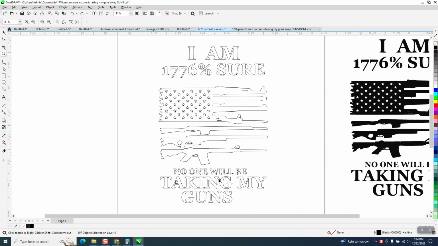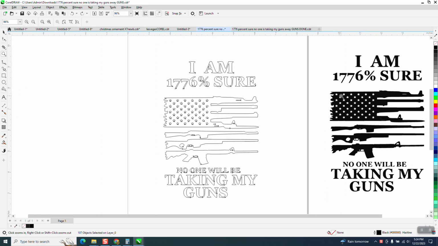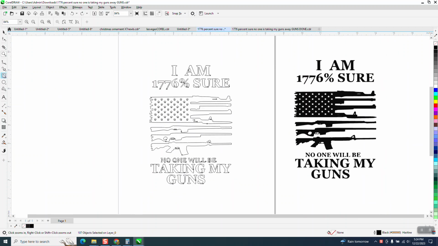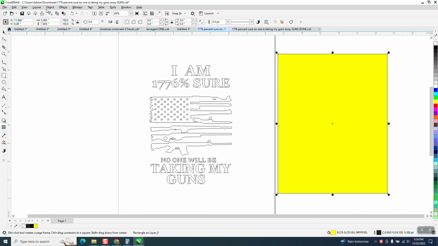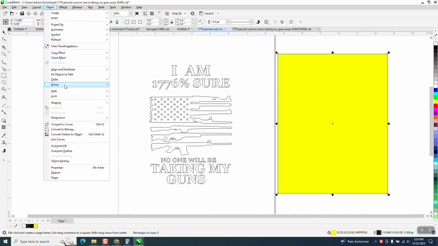Somebody sent me these two files. This is what they want to fill in. This is what they want it to look like. I'm actually going to check it with a yellow box trick to see if there's anything there. Go to Object, Order, Backup Page,